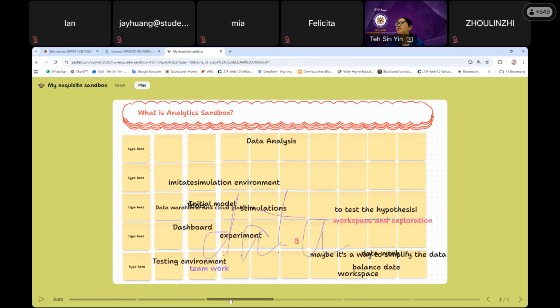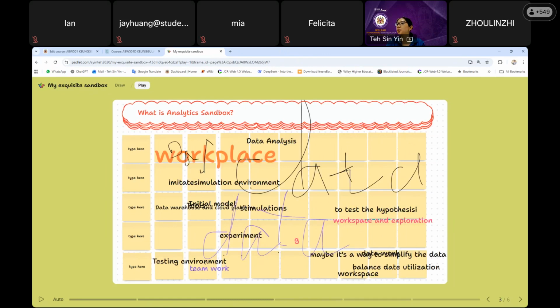Okay, let me see. It imitates simulation environment, correct? It is a simulation environment. You can play around with it. You can, for example, if you increase certain material, what will happen? If you increase certain resources or you reduce certain resources, what will happen?